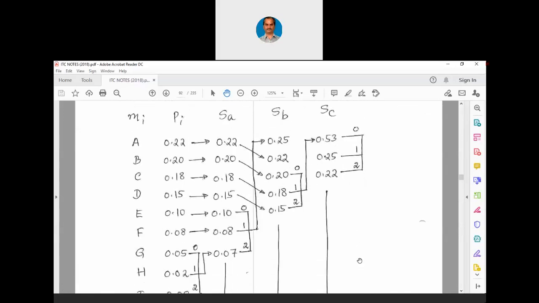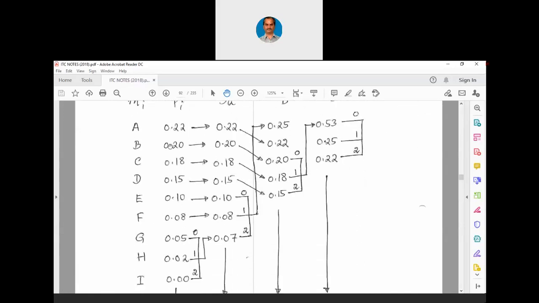Now let us arrange this. A, B, C, D, E, F, G, H, I. So I is given the probability 0, H is given 0.02, this we already know. Now look at this procedure. For getting a composite symbol, we are combining 3 now. In our binary code, for getting a composite symbol, we were combining 2 symbols. Here we will have to combine 3 symbols. Please remember this. Now we will add 0.05 plus 0.02 plus 0, we get 0.07.